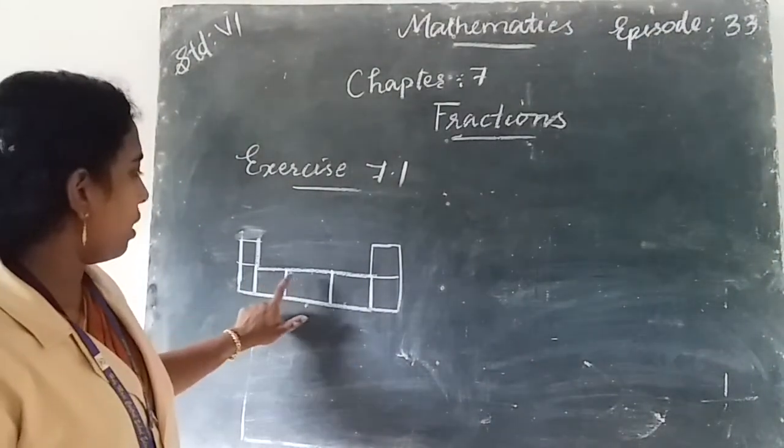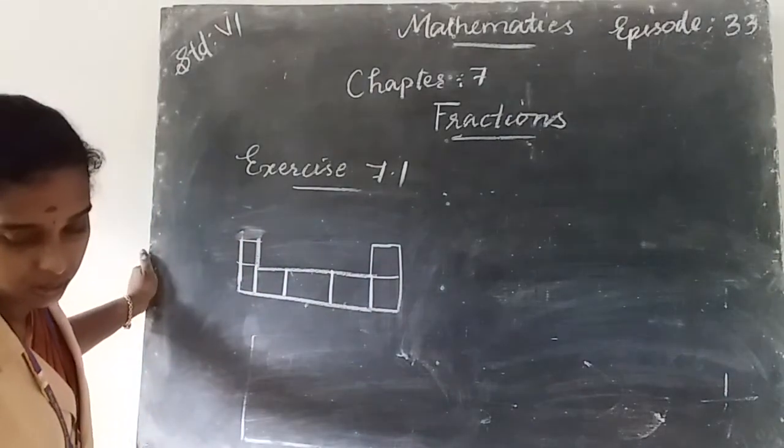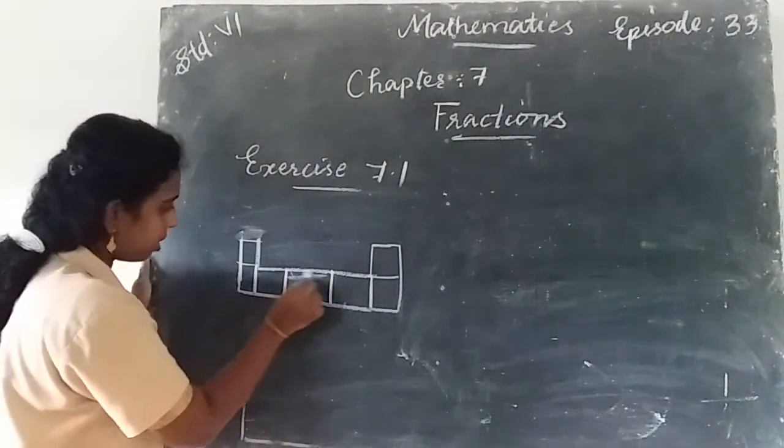1, 2, 3, 4, 5, 6, 7. And the shaded regions are